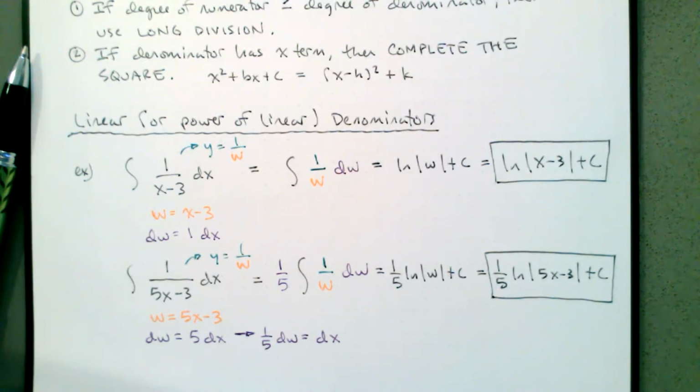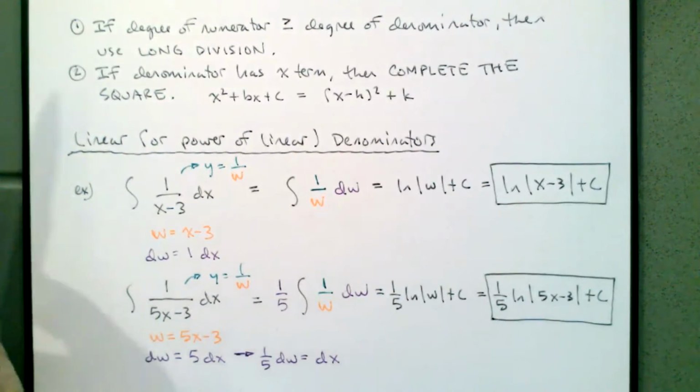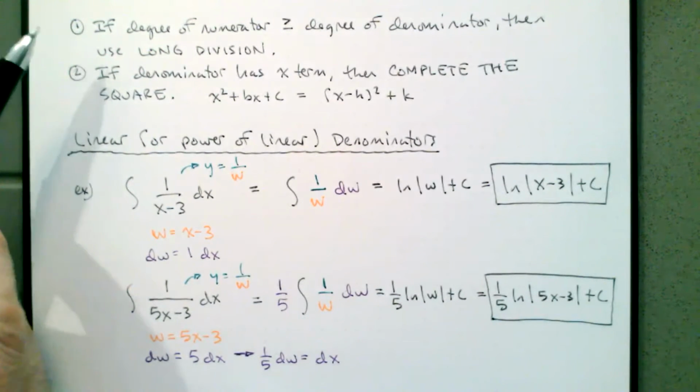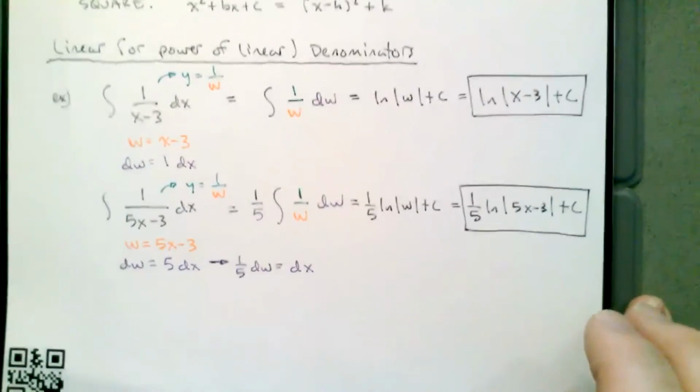We also need to concern ourselves with the same things that we had before. Here I had a constant over the x minus 3, a constant over a linear. What if I had an x over a linear? That refers to the first thing that we pointed out up here. If the degree of the numerator is greater than or equal to the degree of the denominator, then use long division. So if we have to integrate something with an x on top,